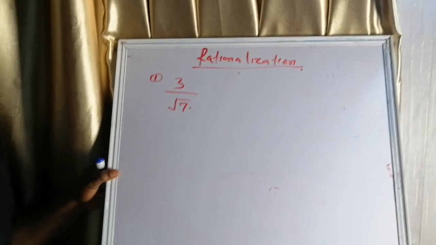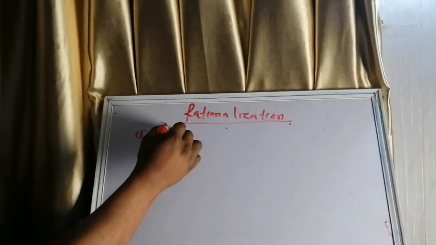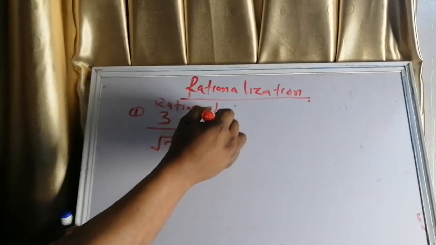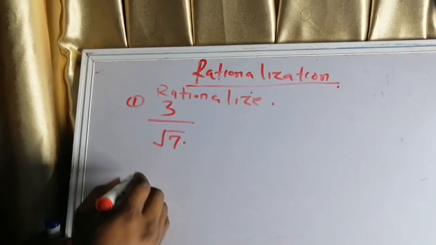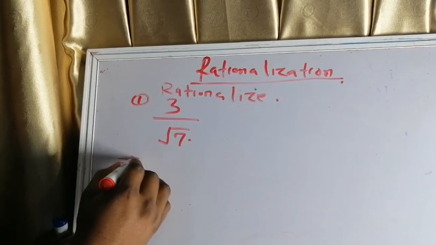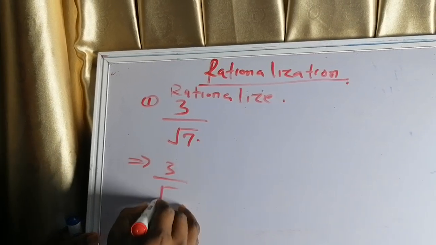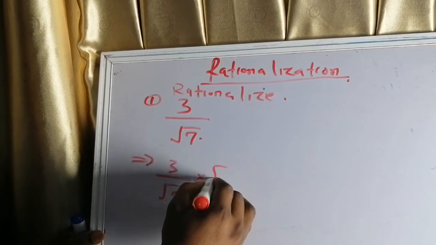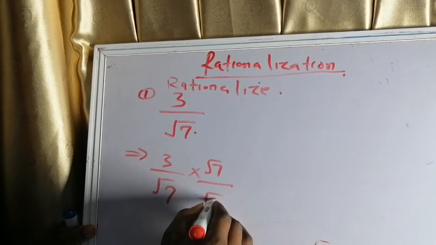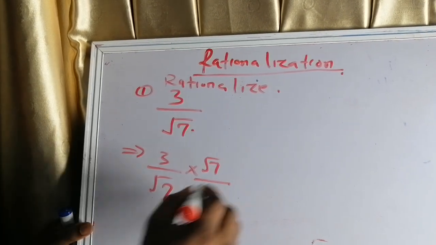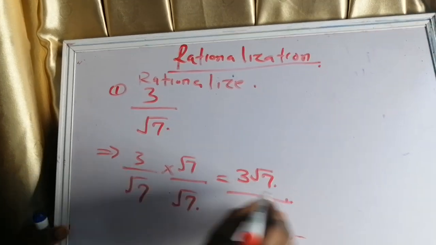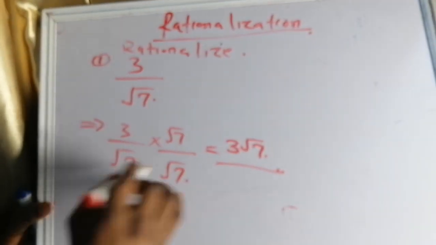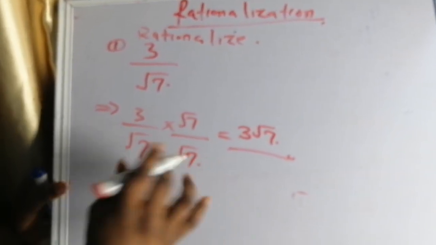Okay? So if they say rationalize 3 over root 7, all I just need to do is this: 3 over root 7 times root 7 over root 7. It's as simple as that. So what I need to do is 3 root 7 over, using the multiplication rule of surds,